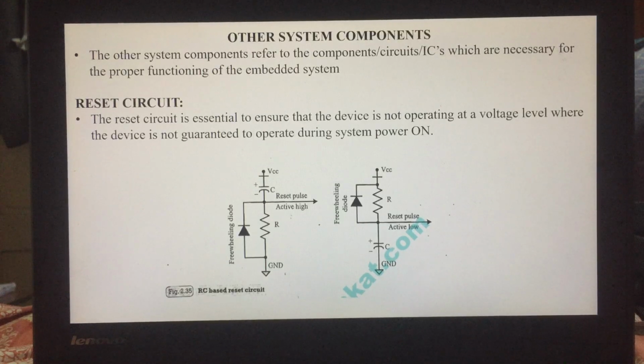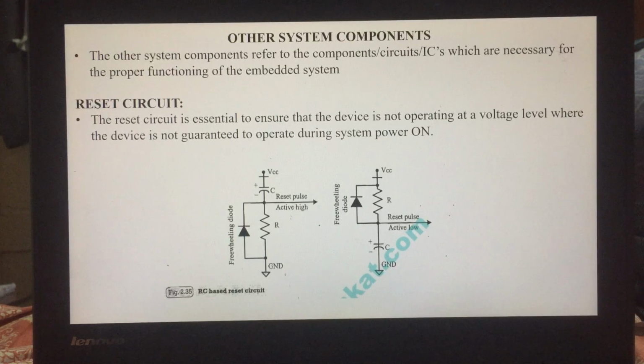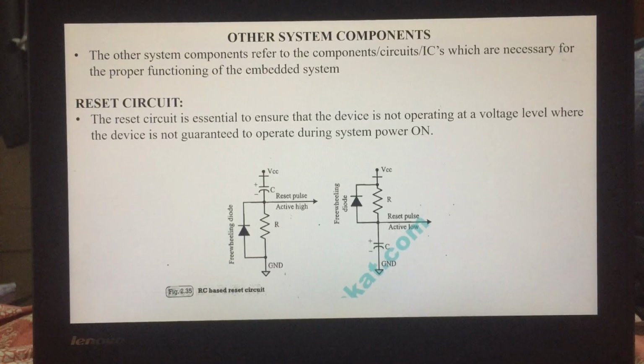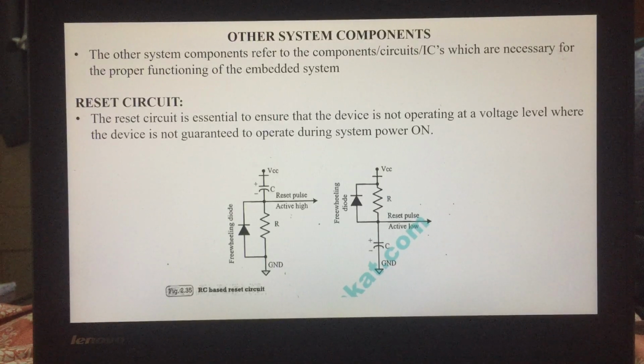The reset signal brings the internal registers and the different hardware systems of the processor or controller to a known state and starts the firmware execution from the reset vector, that is normally 0x0000. The reset signal can be either active high or active low. Since the processor operation is in sync with the clock, the reset pulse should be wide enough to give time for the clock oscillator to stabilize, and then the internal reset state starts.